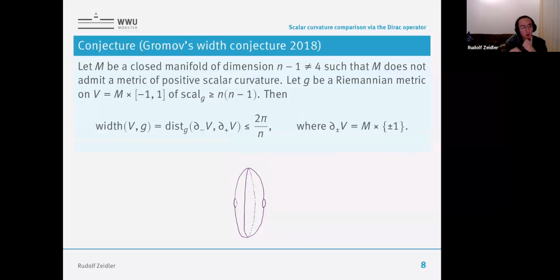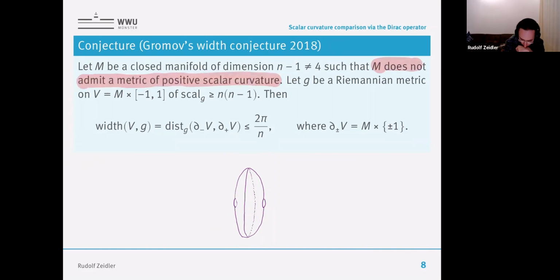So the conjecture is that if you have a closed manifold M of dimension not equal to 4, and I will say something about why you have to exclude 4 here, and you assume that M does not admit a metric of positive scalar curvature,